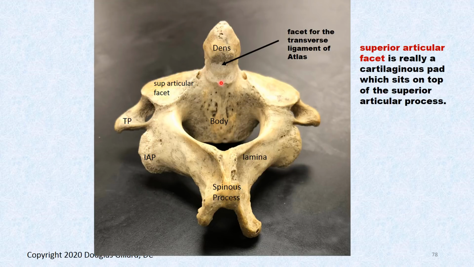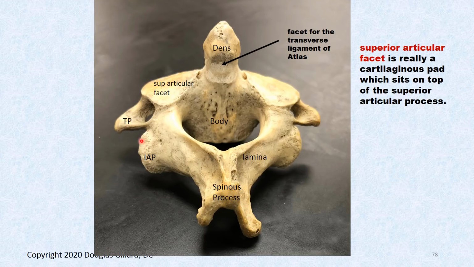Okay, there's a back view of that weird pole. It's pretty strange. Embryologically speaking, this was supposed to be the body of Atlas. It kind of stole it from it. I guess there's a little more to it than that, but you kind of think of it as that. It does have a very thick vertebral body, has nice thick pedicles here, has a lamina,